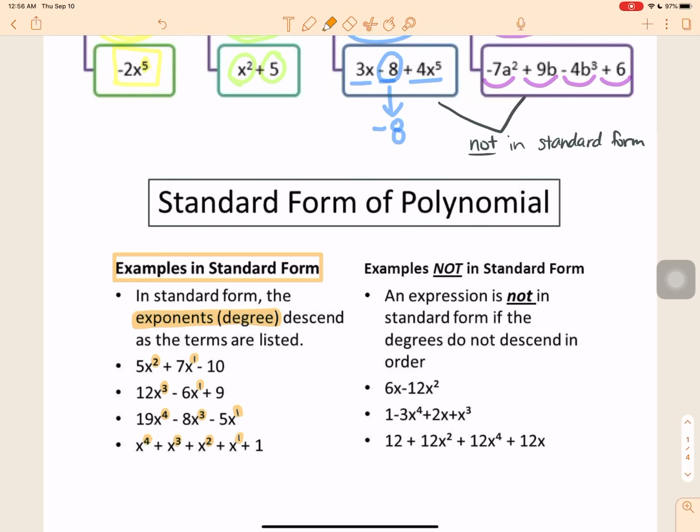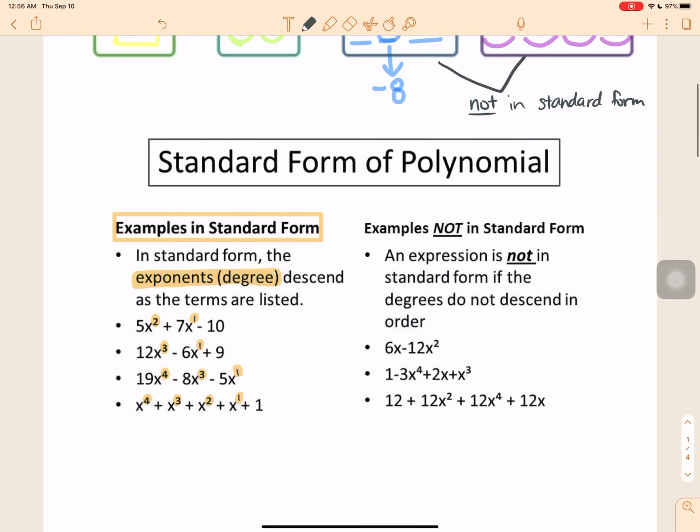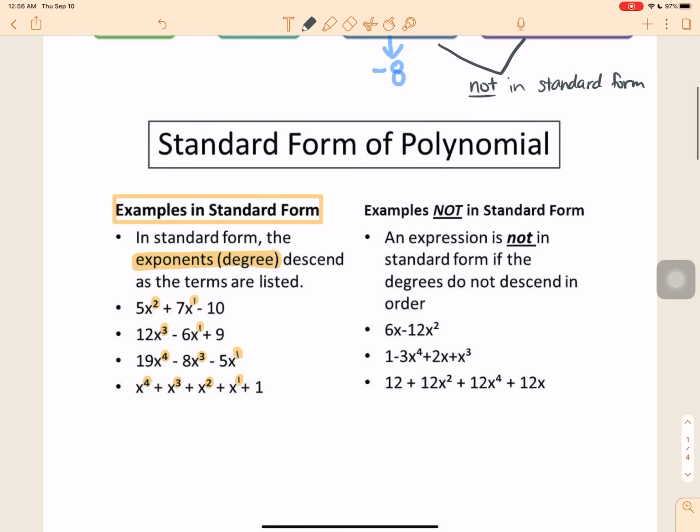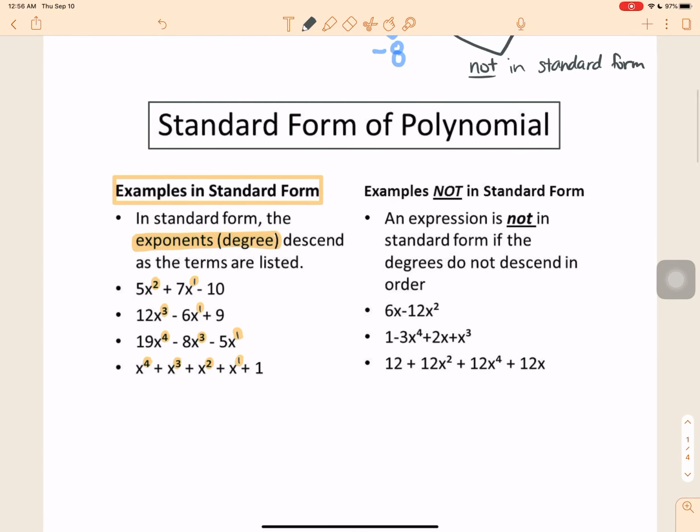So that is what it means by descending, okay? It's going down as you go from left to right. It's decreasing, okay? So here we go from 2 to 1. They get smaller. Here we go from 3 to 1. They get smaller, right? So if you were given an example that was not in standard form, like over here,